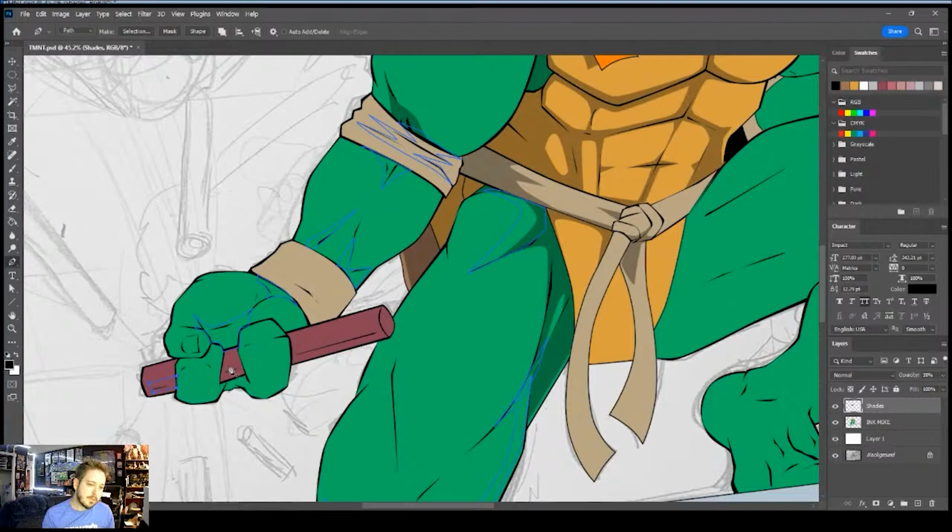They have 3 fingers, so their hands are always going to look odd, but they're going to look like, if you're familiar with the turtles,